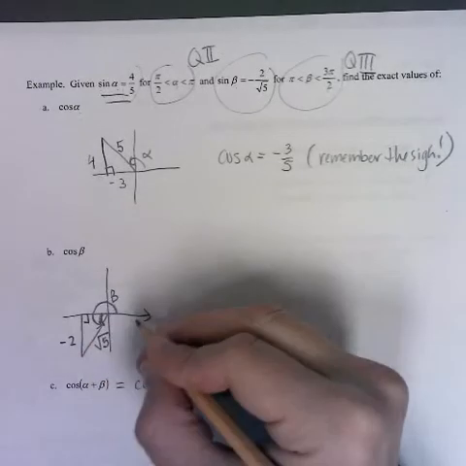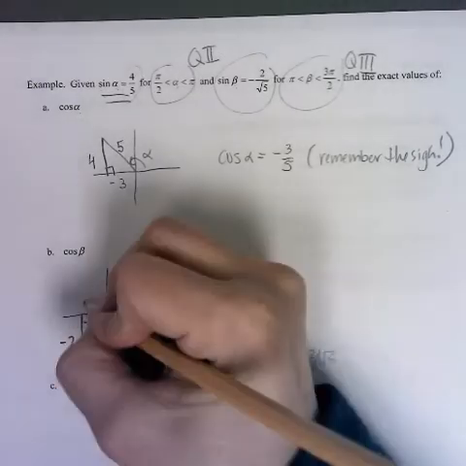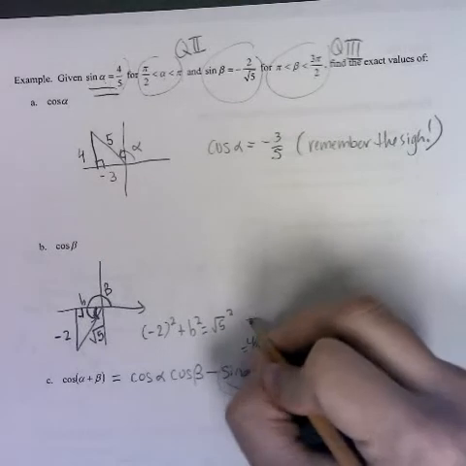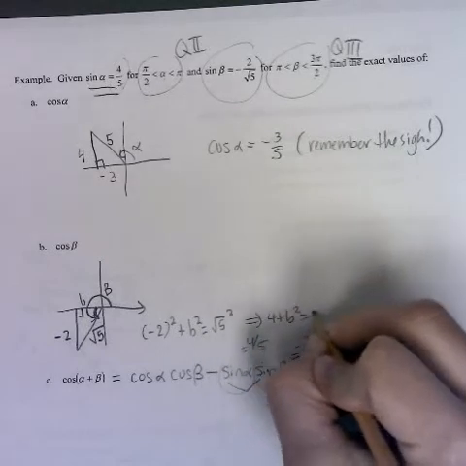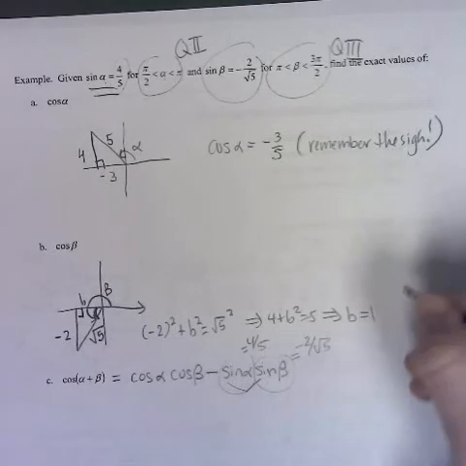So -2 squared plus, I'll call this b, b squared should equal the square root of 5 squared. That implies 4 plus b squared equals 5, which implies b squared equals 1, which